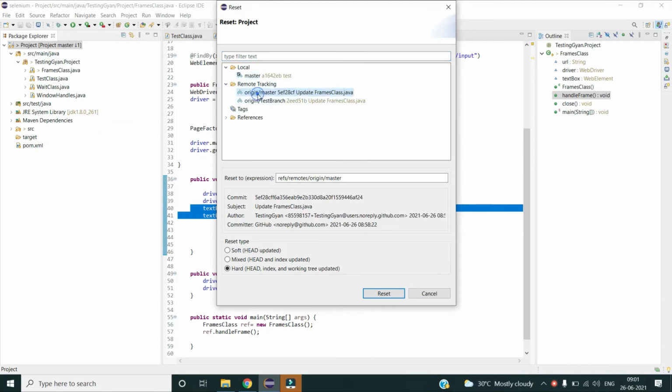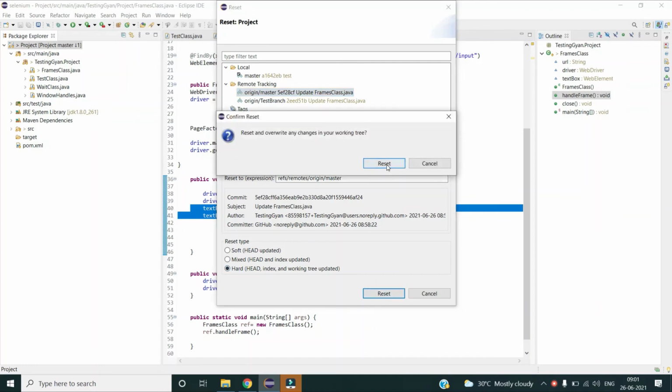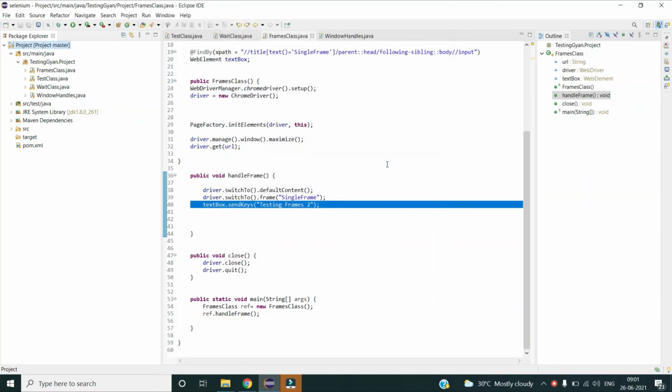I will tell remote tracking, go to master branch and reset it to this commit. Okay, and I am doing the hard reset again. This is one of the ways I find useful, so I'm just showing you that. Now both my projects are in total sync again.